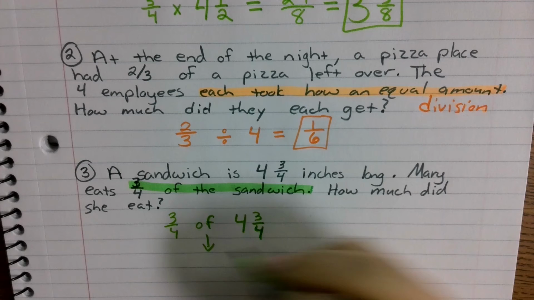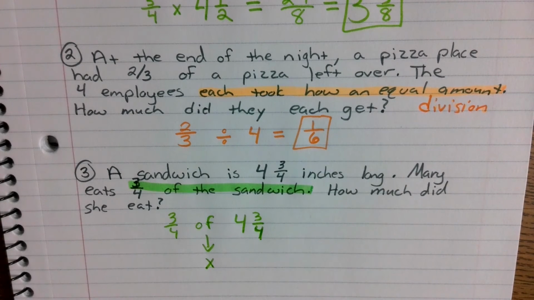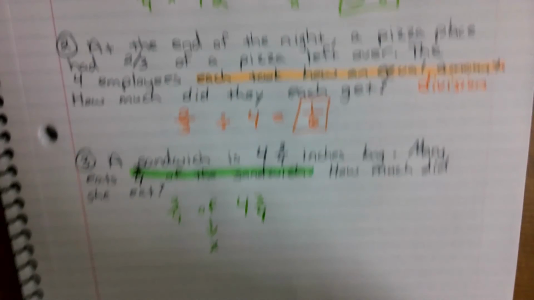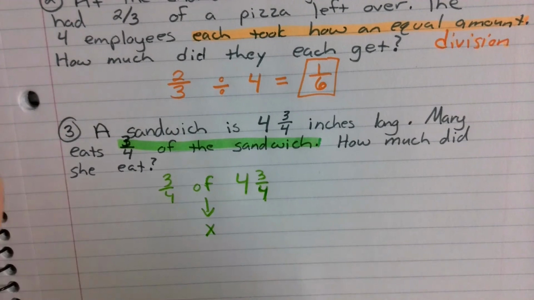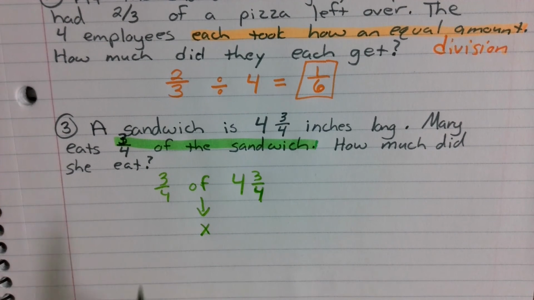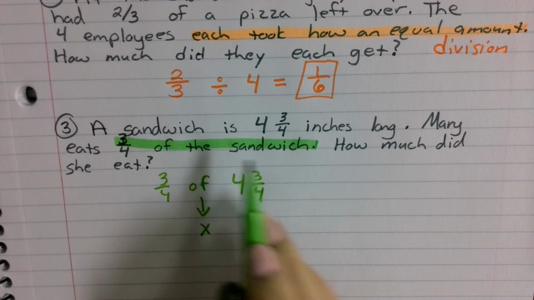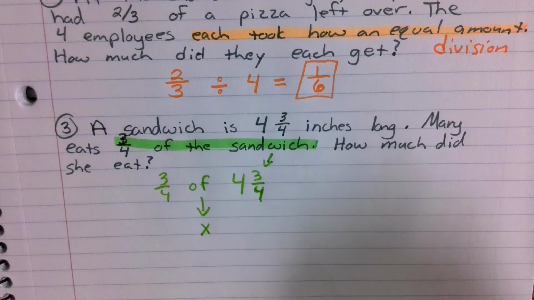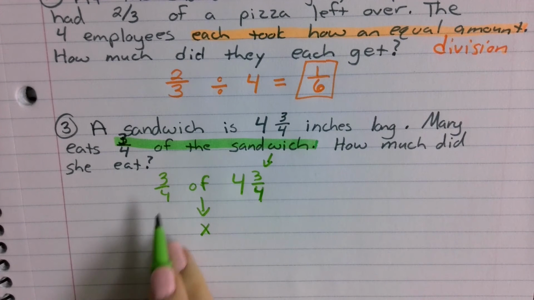That of means that you are going to multiply. So we said that in our notes a couple pages back. Some key terms for multiplication would be of. So when you're taking a fraction of a value, you are actually multiplying the fraction and that value. So 3/4 of the sandwich, your sandwich is 4 3/4. So you're just doing 3/4